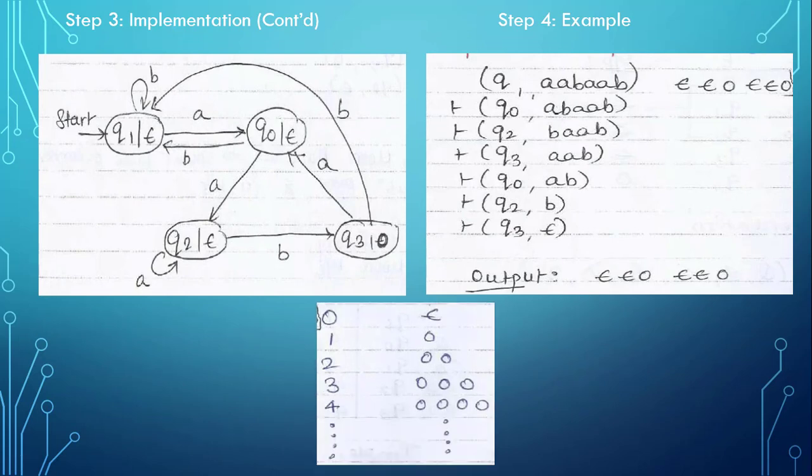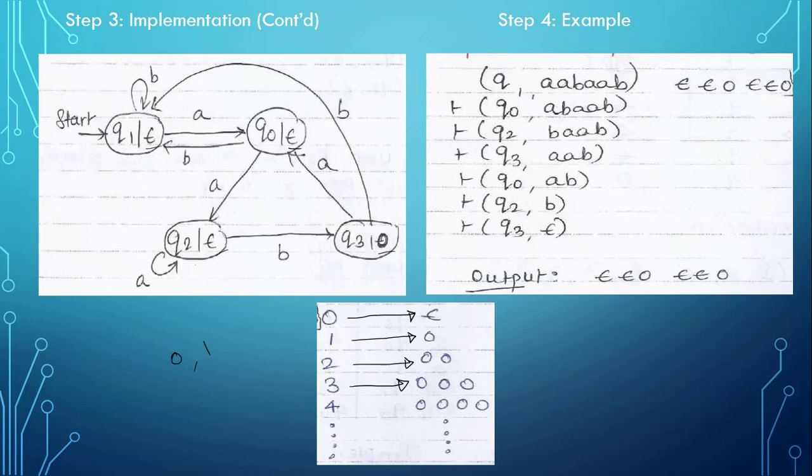Now in the unary number system we know that when the count is 0 it will print epsilon, when it is 1 it will print one 0, if it is 2 it will print two zeros, if it is 3 it will print three zeros, and so on. Because of this concept, instead of using binary numbers 0 and 1, we are using only 0, a single digit, to represent the count of some pattern. So here Q1, Q0 and Q2 will be associated with epsilon. Only Q3 will be associated with 0.